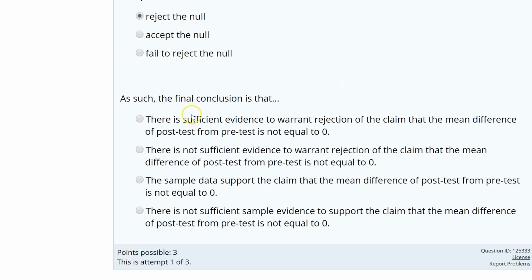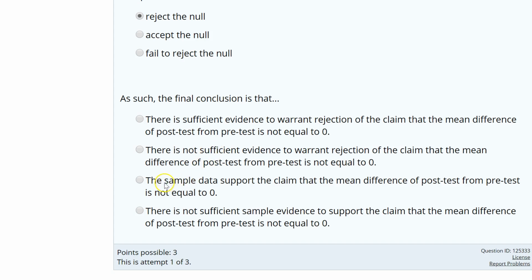So reading these, there's sufficient evidence to warrant rejection that the claim of the mean difference is not equal to 0. Well, we're rejecting the null hypothesis, which means that they are equal to 0. So this is not correct. There is not sufficient evidence to warrant rejection of the claim that the mean difference of the post-test from pre-test is not equal to 0. Well, this is saying we don't have enough evidence. Remember, a small p-value is we do have enough